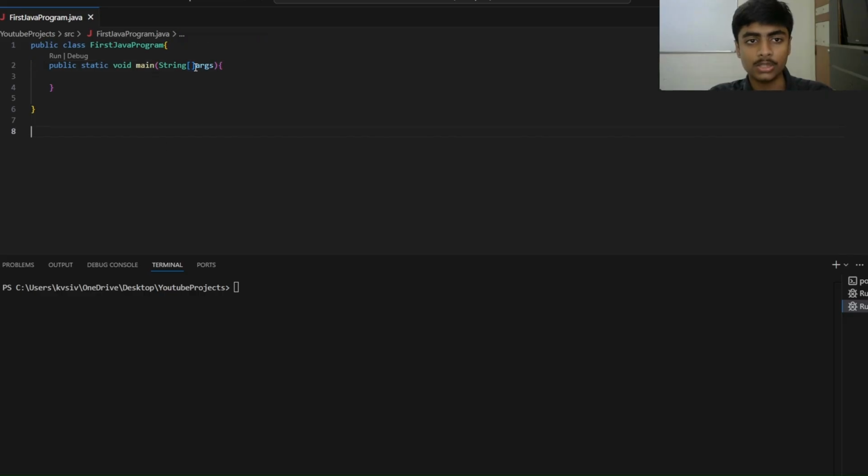Now these square brackets are used to show that this particular thing is an array. Arrays are not something that we're going to learn now. We're going to learn it much later. But just know that in VS Code, you'll need to add this. You might not need to do the same thing in other code editors or IDEs, but in VS Code, it's